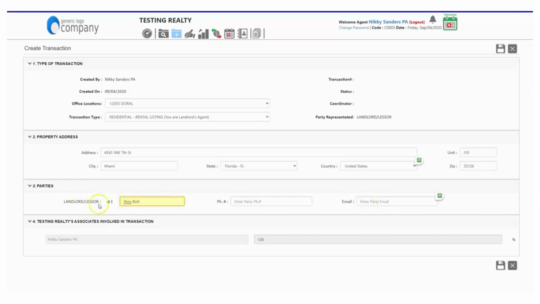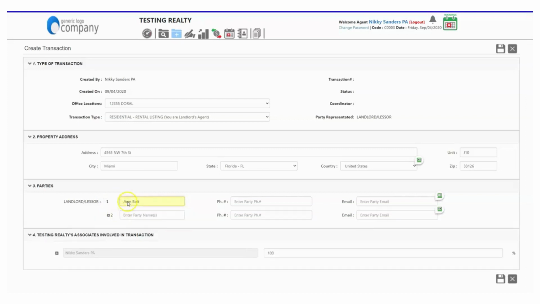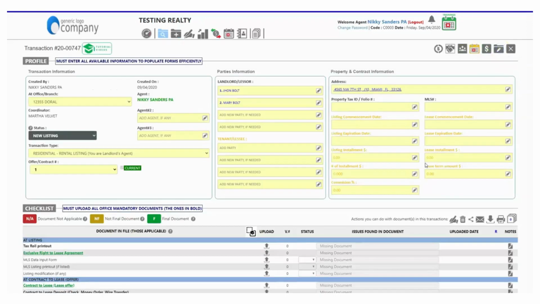Now, let's say there is a Mrs. Bolt. To enter her name, you click here on this little plus sign that says add another party. You are able to add up to 4 names for each party. Let's say it's going to be Mary Bolt, and you add the phone number of Mary and you add the email of Mary, and that's it. You have added and completed all steps needed to create a transaction. You click here to create the transaction, or you may click up here, same thing,